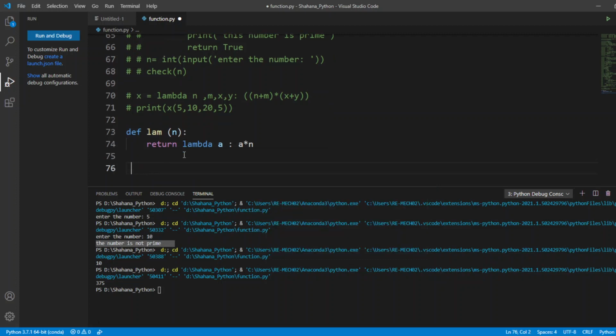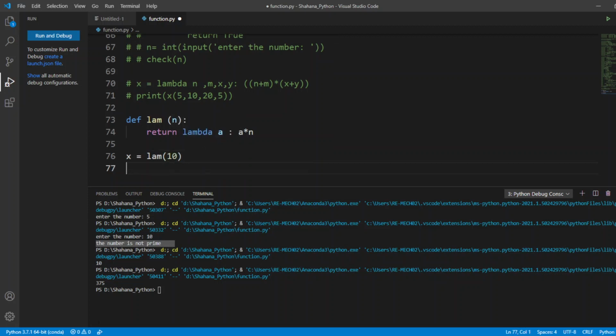Now I'm going to call this function. For that, first I'm going to initialize my function using x equals lamp. I'm going to pass my n value to it, maybe a 10.